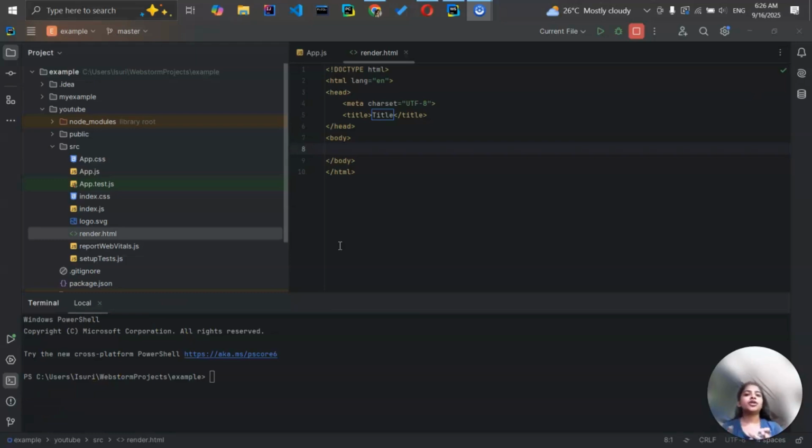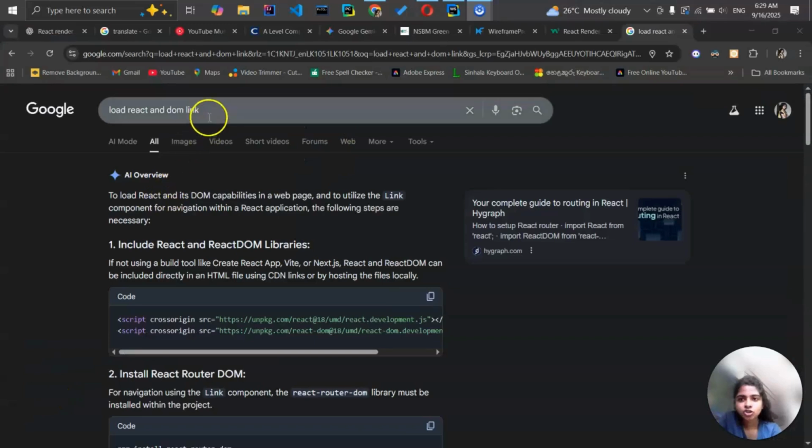First, you should create an HTML file inside the src folder. This is my file, and it displays this. Now search this on the Google search bar. Now copy these links